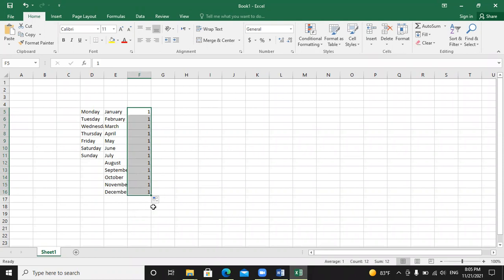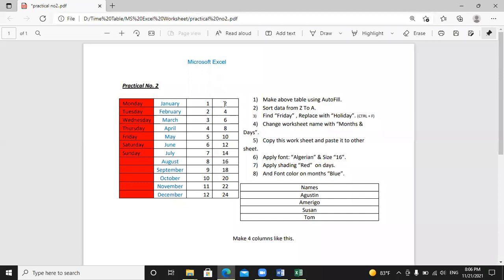So what I will do, I again click this box, and here you can see I have the option Fill Series. It will create the serial 1, 2, 3, 4 and so on. The last one is 12. Now for the other option, here I have a difference of two numbers, 2 and 4. If I take the difference, 4 minus 2, what is the difference here? 2 is the difference.